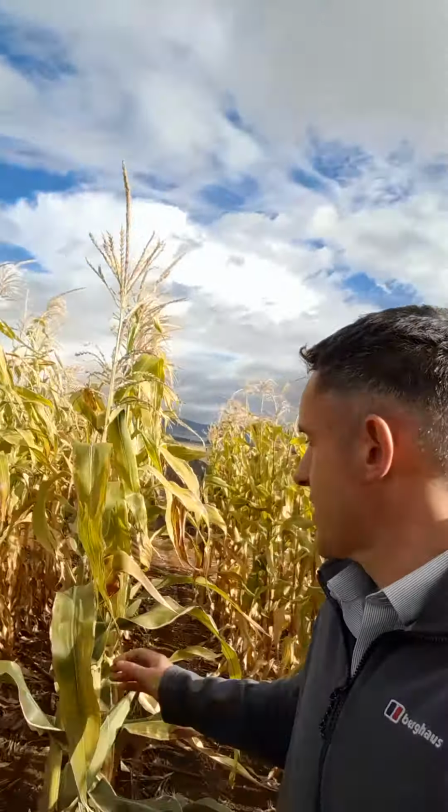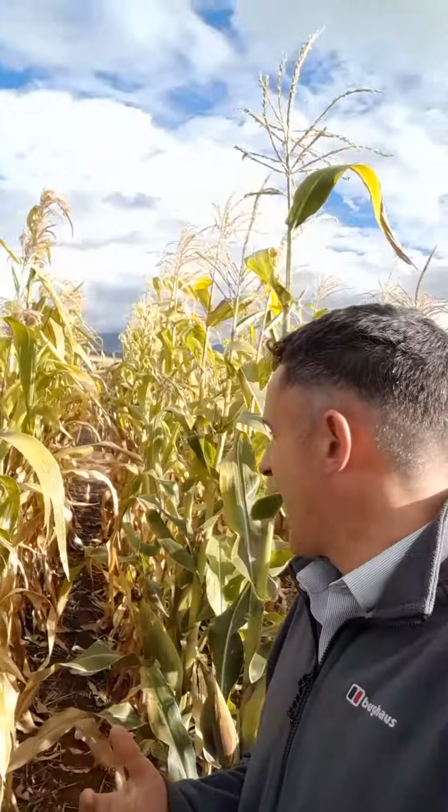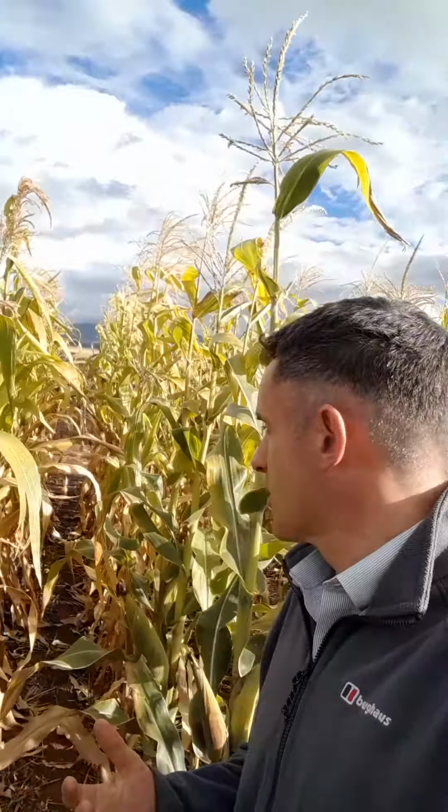So first up, 30G19, not the most uniform, but this always seems to be in the top sort of third or quarter at most locations. So it's quite adaptable, still very green. Pan 15, so more tropical material. We put it in here because it's an interesting single cross, and it does have some yield, not the best